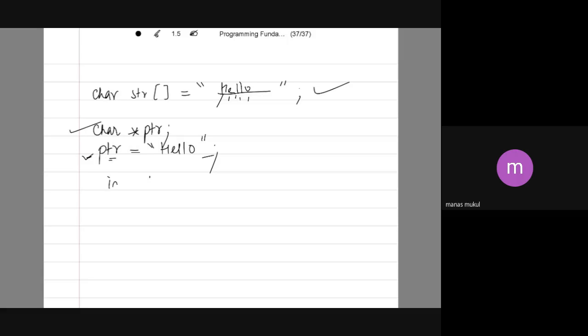So let's say int i, which I am initializing just to process my for. So here is my for, i is equal to 0. Now next is important. In the previous example when I discussed, I wrote str[i]. That means one by one these characters will keep coming until the null character is reached. Once we reach the null character, it will evaluate to 0 and the loop will stop. But in this case, since we are using a pointer variable, if I write ptr,